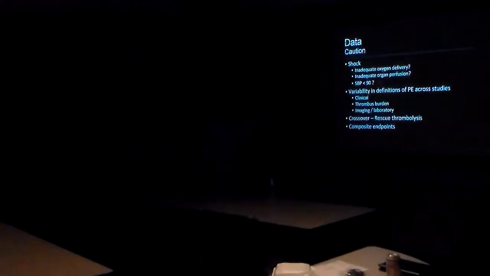And then the other problem is what's called the composite endpoint. I don't know how much literature review you do, I'm sure you do a pretty good bit. And it seems like maybe in the last 10 years or so, there's been a lot more of this, quote, composite endpoint idea being used, where it's not just mortality or a measurable variable, it's a combination of variables that I think sometimes is useful, but I think more often than not is used to get something significant when individually those things were not significant by statistics.